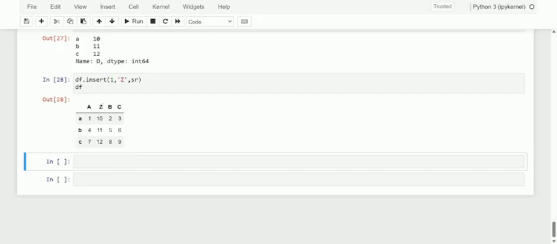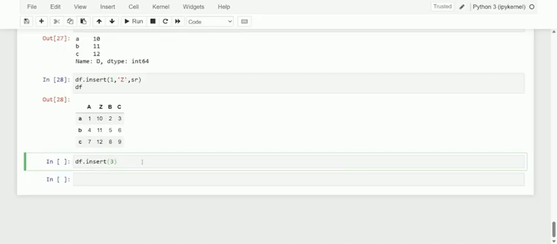The same insert method can also be used to copy a column within a data frame. How is it possible? The column to be copied is passed instead of an external series. Let me insert at the third position.